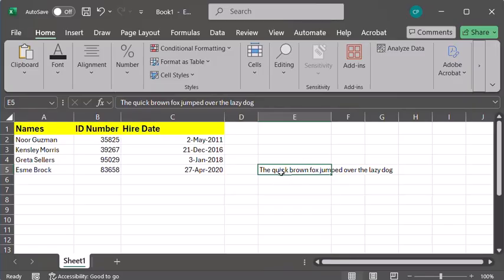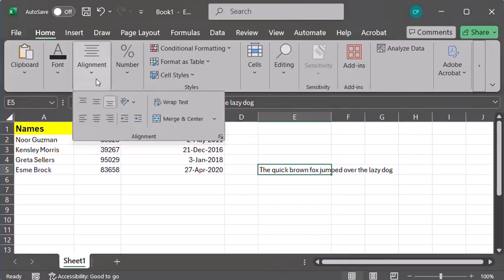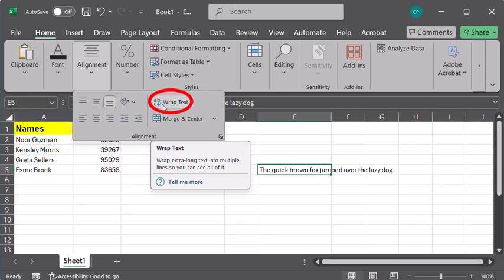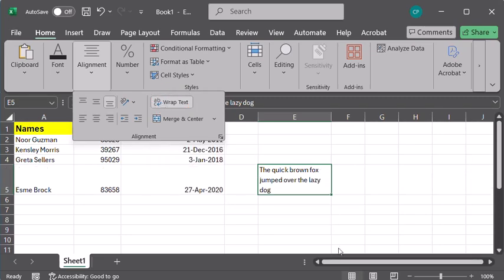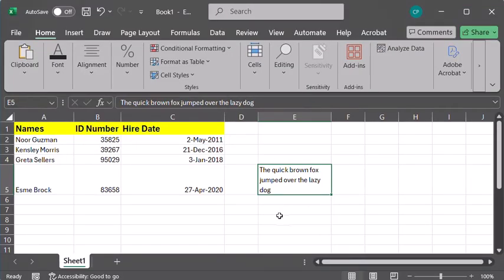So I'm going to make this just a little bit wider, and then I'm going to change this to wrap text. This is in the alignment grouping on the home ribbon. You'll see this option with A, B, and C with an arrow, which is for wrap text. And this will make the text go down over multiple lines. You'll see that this automatically resized the height of that row to fit. And so this is an option for including longer form text.